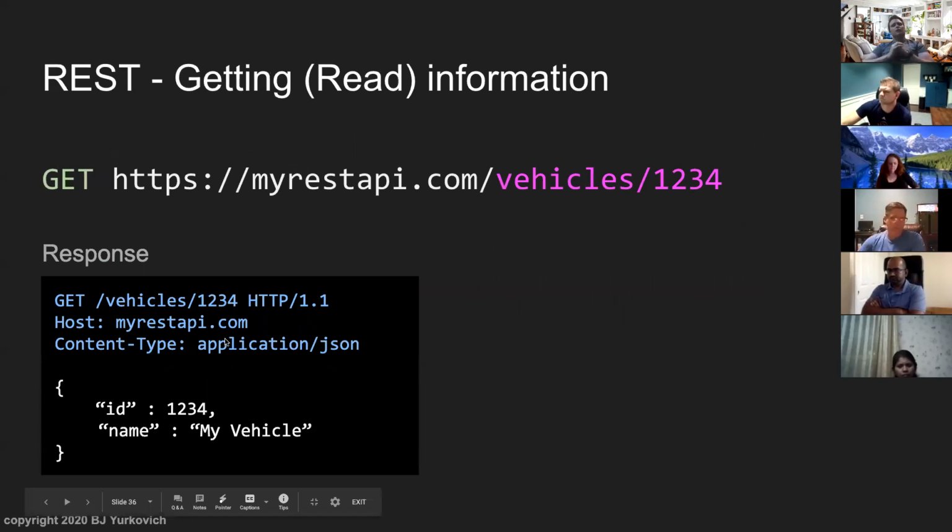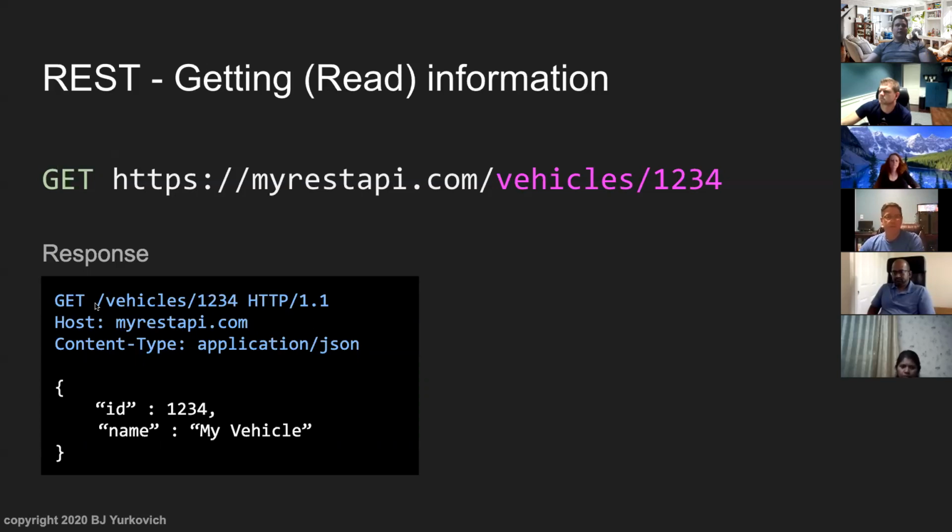And so here's some examples, some real examples, kind of. So you've got my HTTPS, we're secured right there, letting the library and frameworks do their work on the SSL, TLS negotiation. MyRESTAPI.com, someone bought that domain name, registered it, and set it up. And then they put a RESTful web service behind it. In our case, maybe Express. We did that a couple weeks ago. And we're saying vehicles/123. And so this is how the HTTP would look.